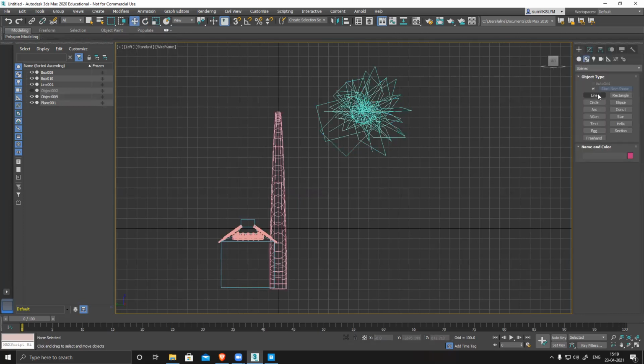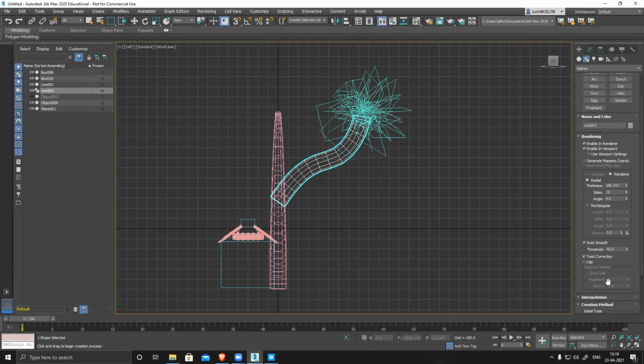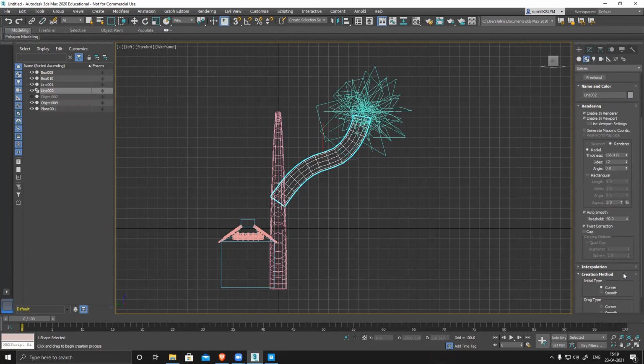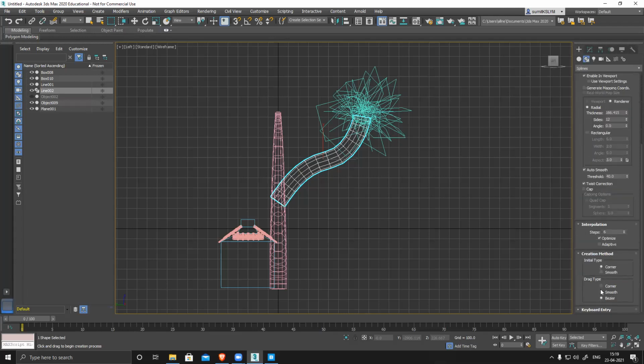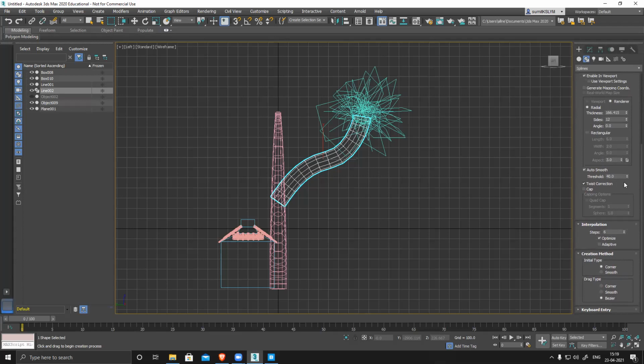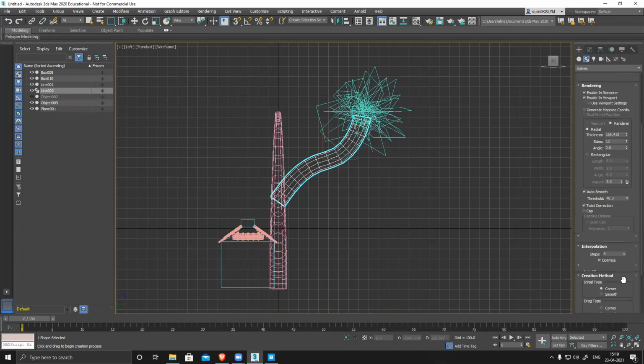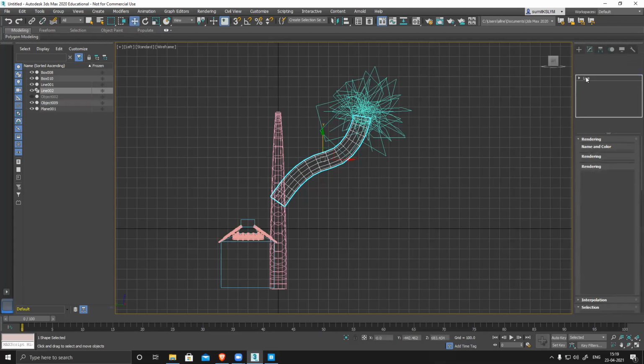I'll create a spline line. Done. There is a taper option. I don't understand why I can't see it. Sides, angles, cap. No, not that. That option is not there.